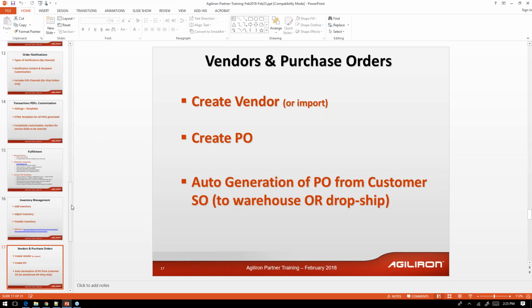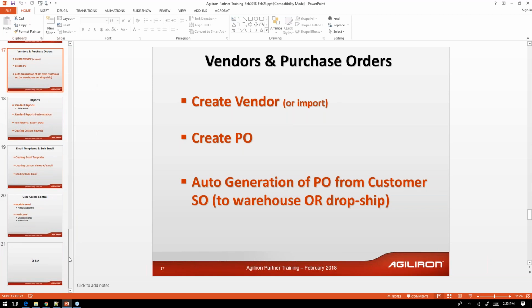And one of the questions we often get is, can you purchase in one type of units and then convert it to different units when you receive them? And the answer is yes. When you set up that vendor and the vendor part number, you can say what that conversion is. So if you're buying it in bulk and then you're going to receive it and sell it as single units, then you can do